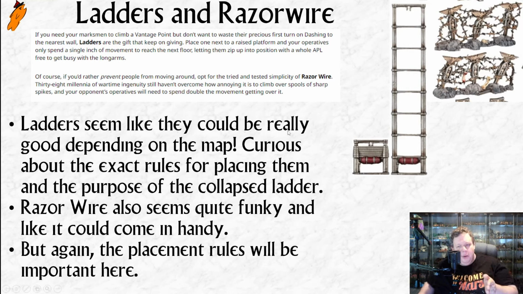Ladders seem like they could be really very good, depending on the map and depending on exactly how they work. If you can move them around and deploy them from any of your models when you happen to need one, and you look at the buildings and see which way they're facing, they look pretty great. They look like a contender versus grenades or something else that you'd quite often want to pick. I was curious to know what the exact rules are for placing them, and I don't really understand why in the kit they give you this collapsed ladder,